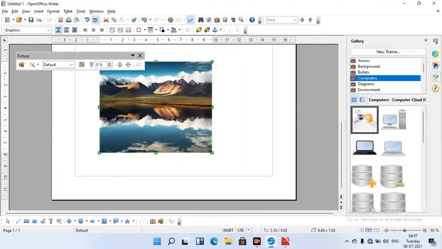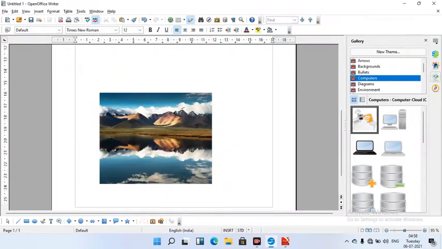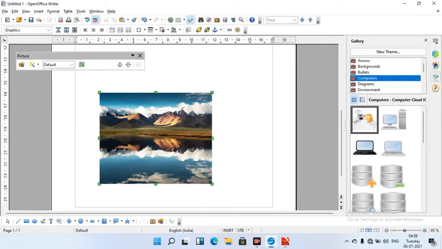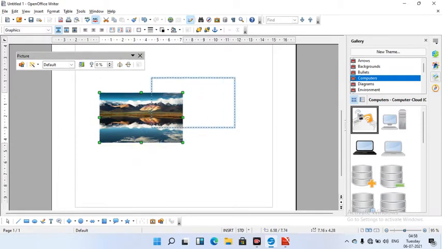And this is the Lee picture, and we can reduce the size of this. Select it and reduce like this. If you want width also, you can reduce like this.